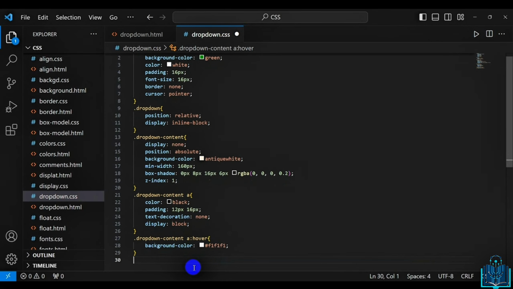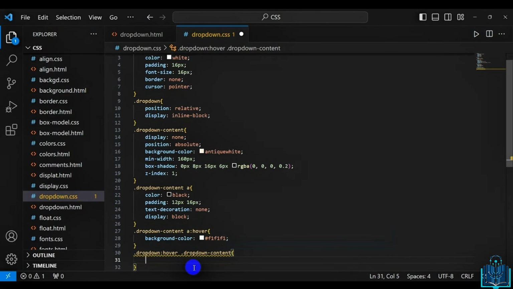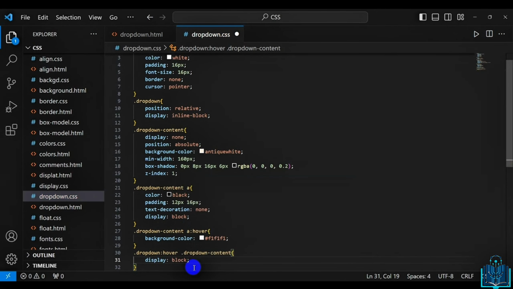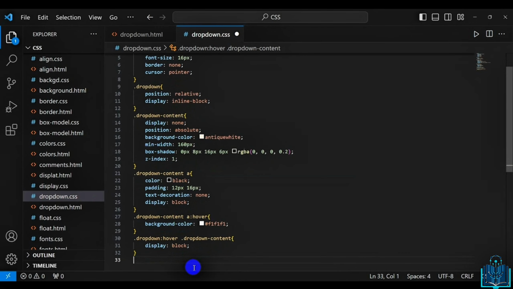And now I am also creating .dropdown:hover .dropdown-content, with curly braces, display is block. And now, last one, I am creating